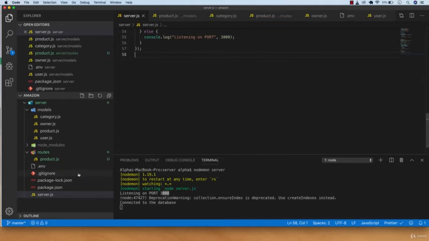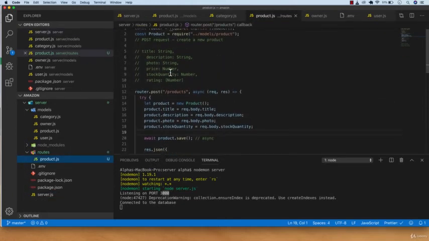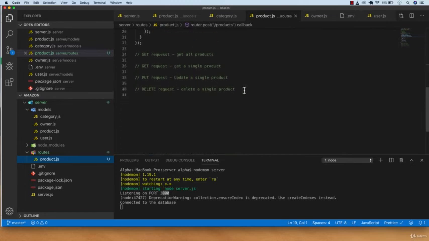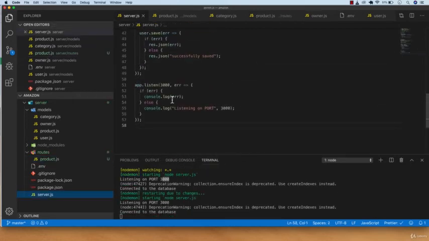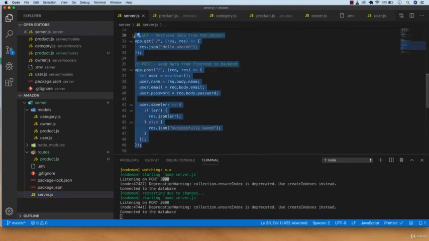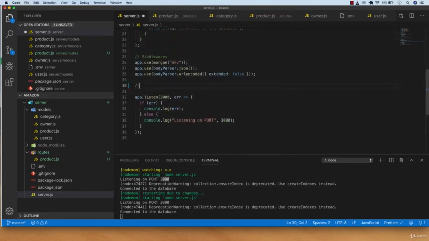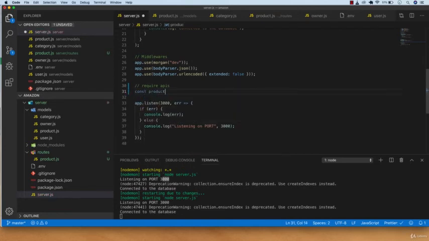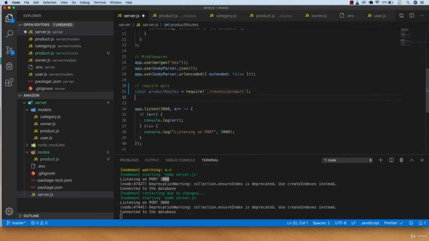So let's test our API. Since we already did this, the final thing that we need to do is export our router. And then let's go to server.js. We need to require that file. Let's remove these two since we are not going to use them. And let's require APIs, and const, we call this productRoutes equals require, and you want to go inside the routes folder and the product file, and then